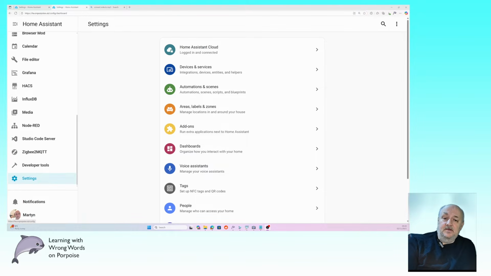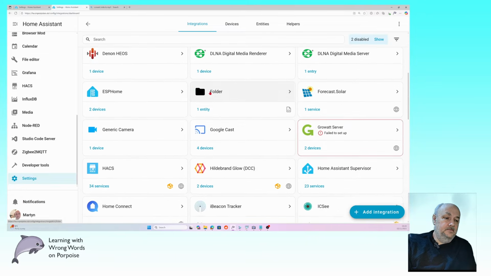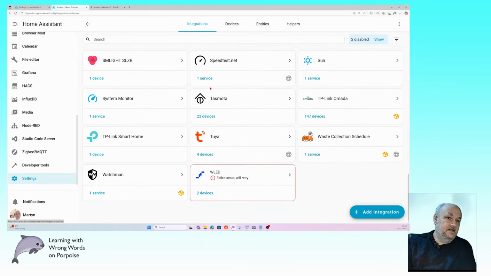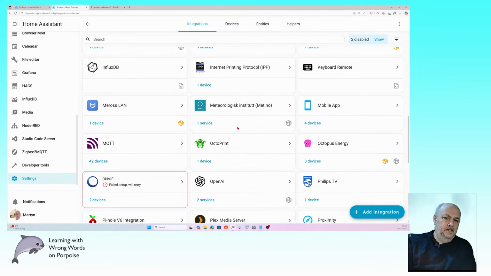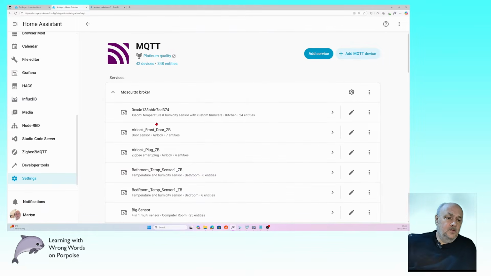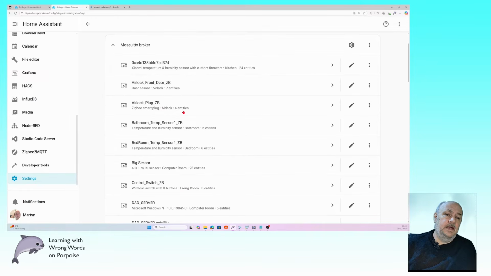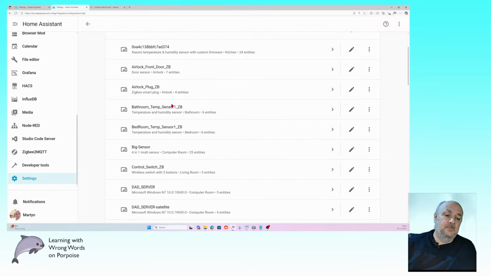What we really need to do is take the stuff that we've just added from Zigbee2MQTT and push it into Home Assistant. So there's a couple of ways we can do that. Zigbee2MQTT devices end up in, it'd be so much better if I knew my alphabet, MQTT. So these are all the MQTT devices. There's a couple in here. There's mainly Zigbee ones, but I've got a few other things. So what we want to do is pick the devices that we want to pull stuff across,